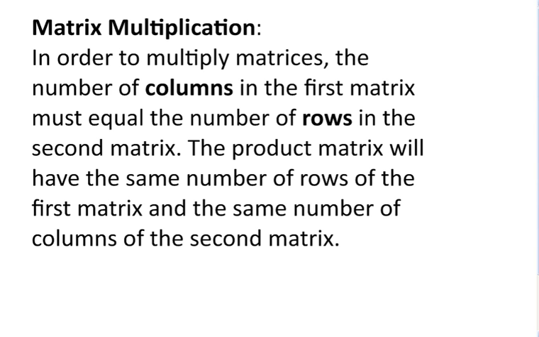Matrix multiplication. In order to multiply matrices, the number of columns in the first matrix must be equal to the number of rows in the second matrix. The product matrix will have the same number of rows as the first matrix and the same number of columns as the second. So if we have a 2 by 3 matrix and a 3 by 4